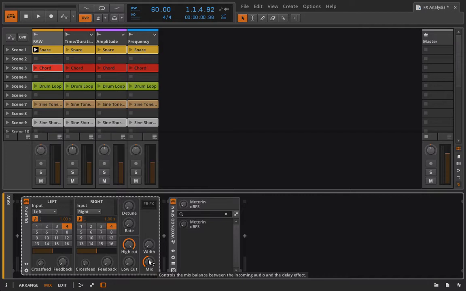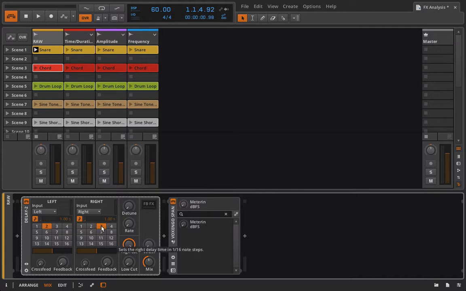Honestly, I'm not 100% sure. My theory is that whenever you lump delays together, and in this case we have 2 independent delays, that's what delay 2 means, we have a left and we have a right, once you put those on top of each other and you put this width down to 0, which is really kind of monoing it all out, you're going to get some phasing happening because these 2 delays cannot really work together perfectly without introducing some of that phase that we've talked about. So I think some of the frequency content is actually being lost here, even though these 2 are set exactly the same. But right away, if I change one of these to 2 and one of these to 3,